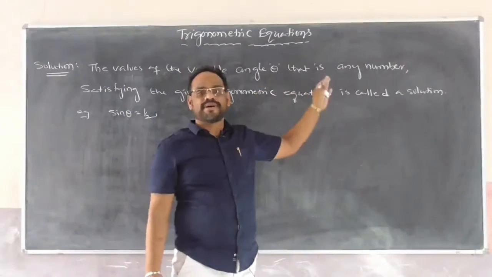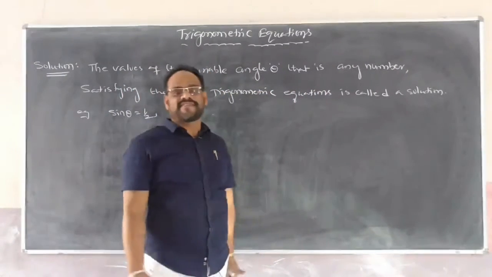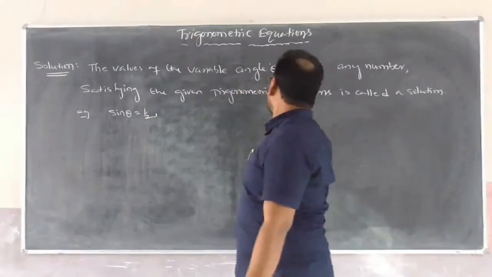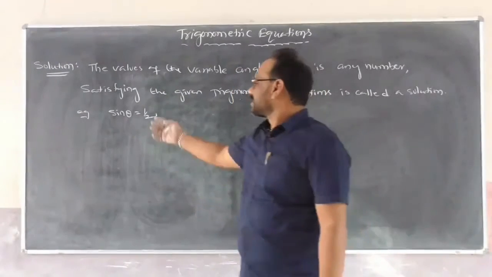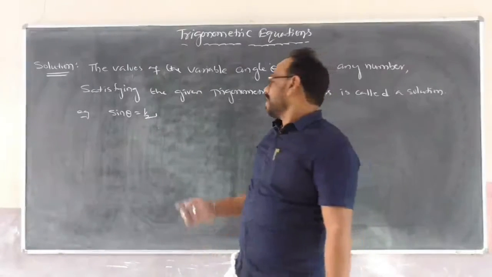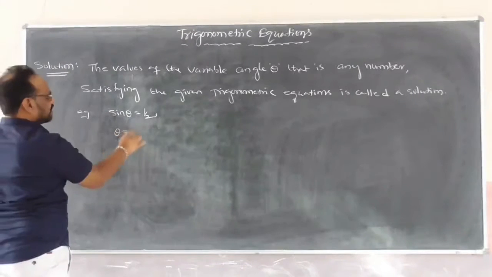That is any number satisfying the given trigonometric equation is called the solution of the given trigonometric equation. Observe here, sin theta is equal to 1 by 2. In the place of theta, if you substitute theta is equal to 30 degrees,